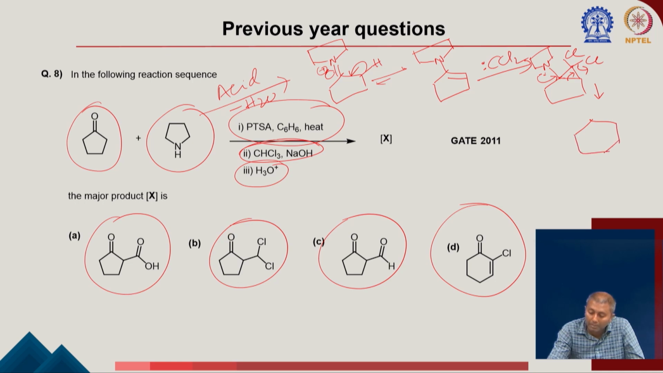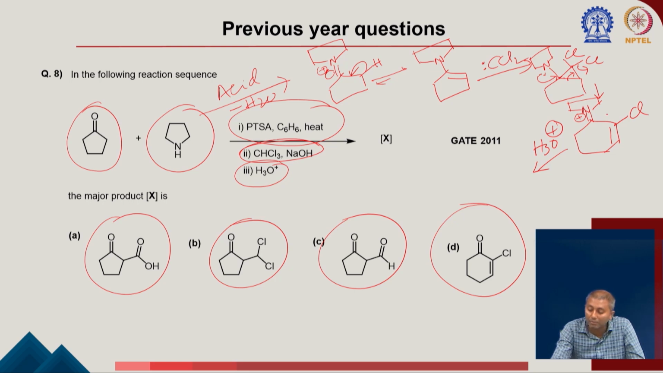So, now the ring got expanded, correct. And also what is happening here, you are forming a double bond here, and in the next carbon you are forming an iminium back, and then you have a chlorine here. So, if you give H3O plus to